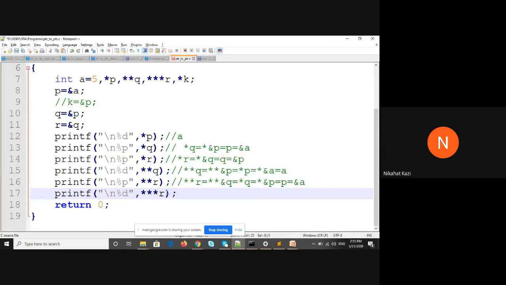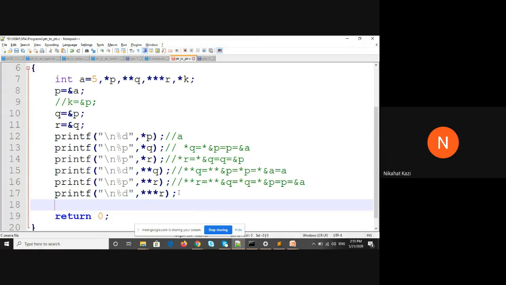Okay. So this is about pointer to a pointer. Now, using this pointer to pointer, I can change the value. So star R equal to 7. If I write this expression, what will be the change? What is this expression doing? This expression is actually changing the value of A through R. Yes or no?